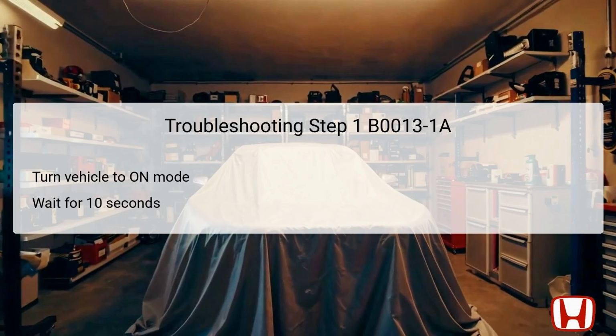If the warning light persists after completing this step, additional investigation into the components associated with the front passenger's knee airbag must be initiated. This initial step lays the groundwork for further, more invasive troubleshooting procedures that could involve component inspections and wiring checks. For the second step of troubleshooting DTC